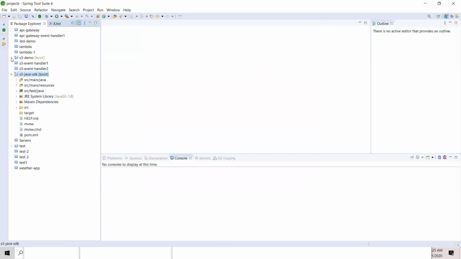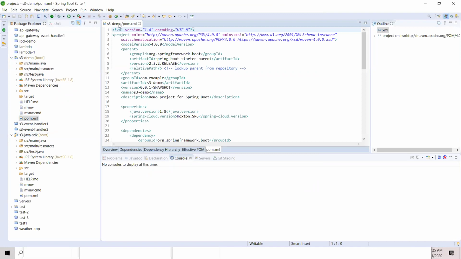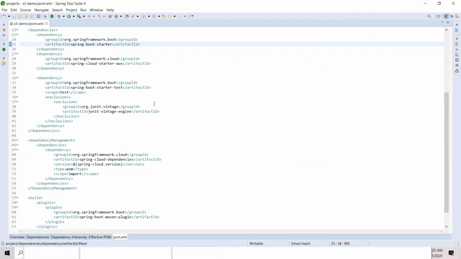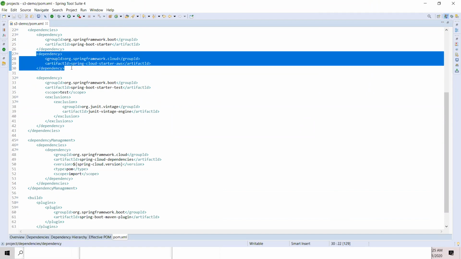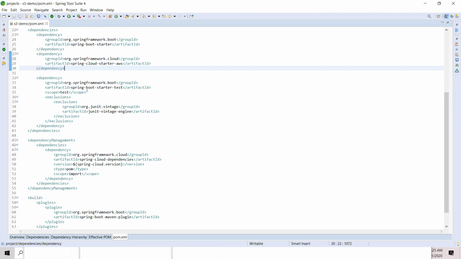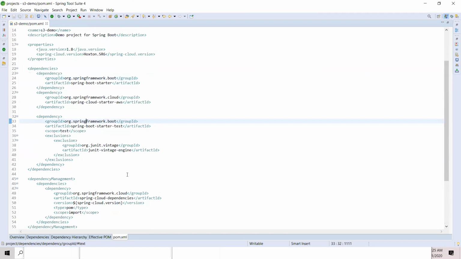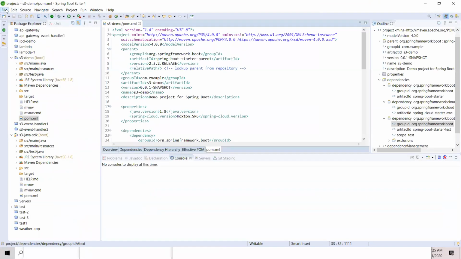Take a look at this one. All it does is go to your pom.xml, and you will see all of this: Spring Boot Starter, Spring Cloud Starter AWS. It's adding a Spring Cloud wrapper to your AWS. Spring Boot Starter test, all of this, it's doing it because I selected AWS. So that's all to it.